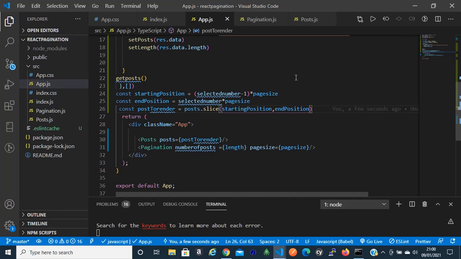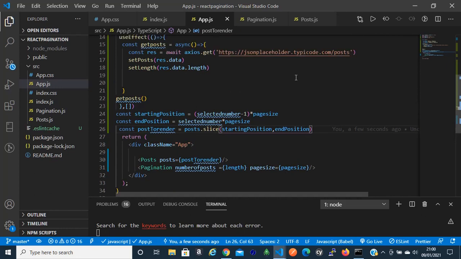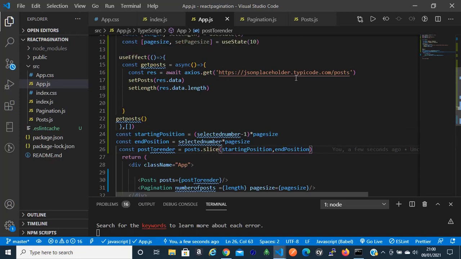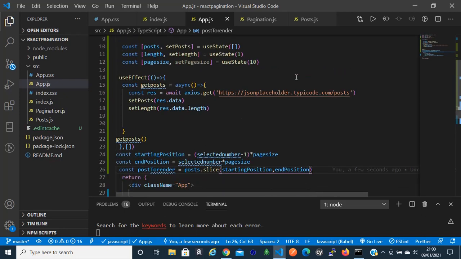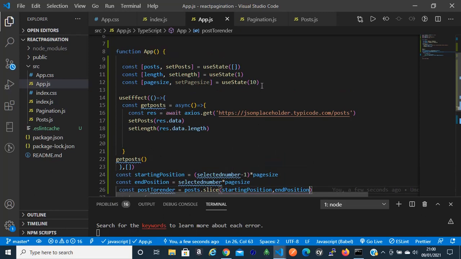So at the moment we have to determine the selected number, and what else do we need to include? Selected number, we have everything, so we have to create that one as well, the selected number,